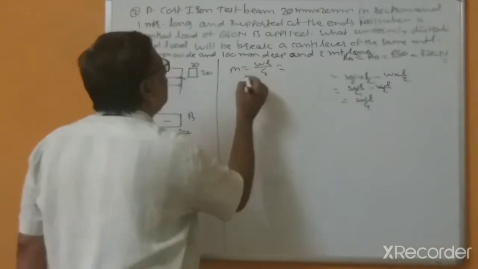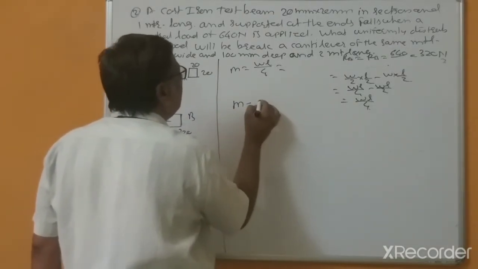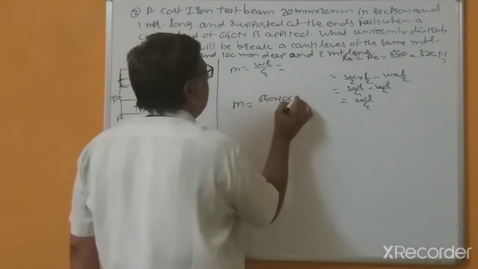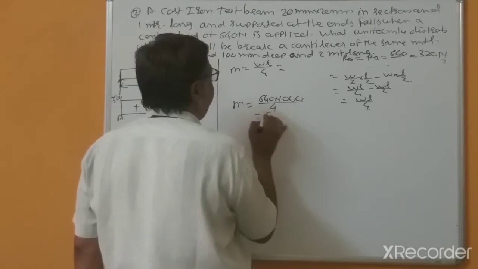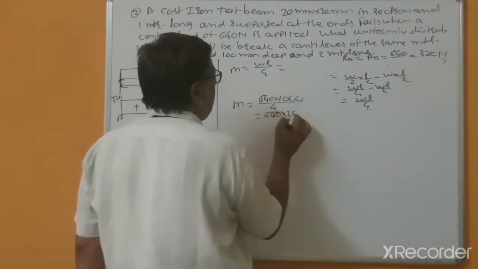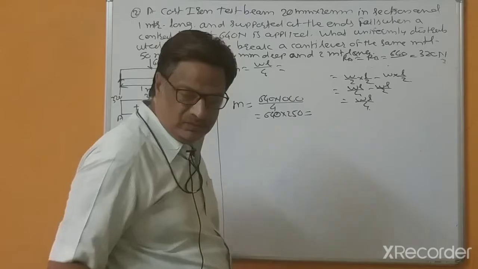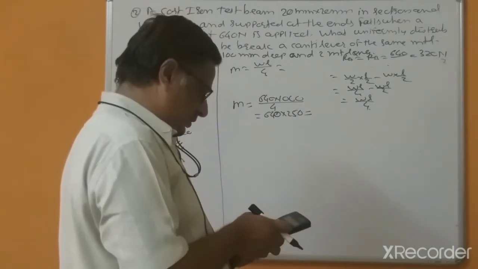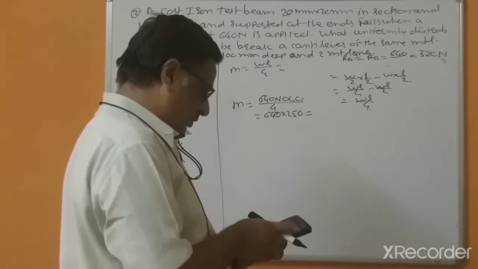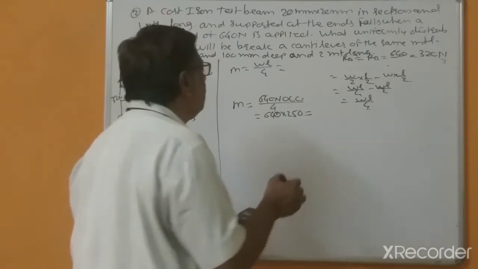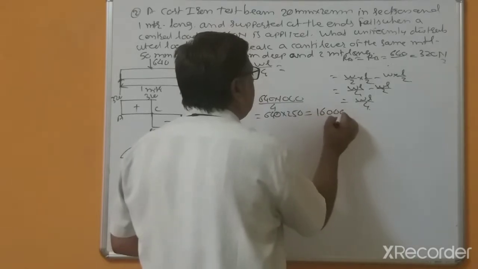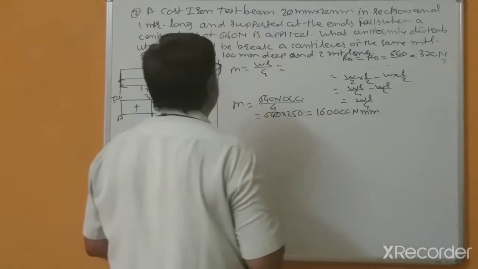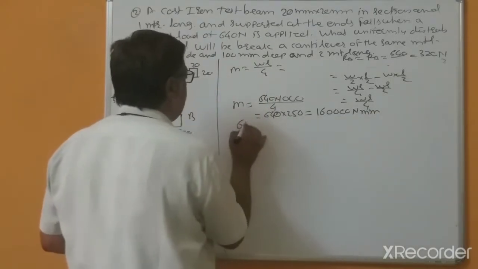So that's why moment equal to 640 into 1000 divided by 4, 160,000 Newton mm. Now sigma B equal to